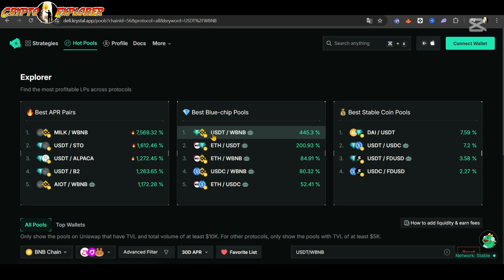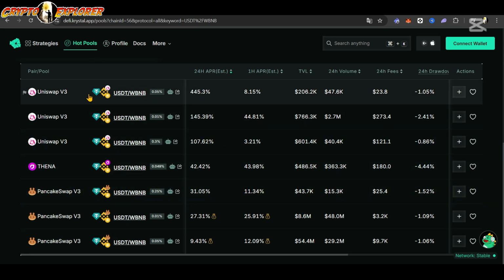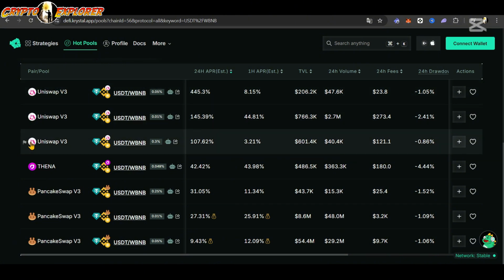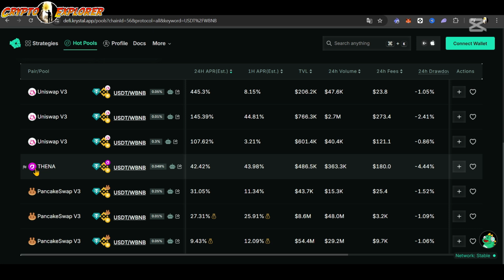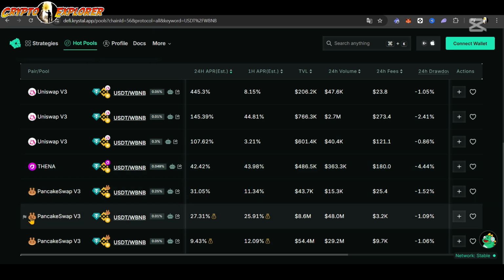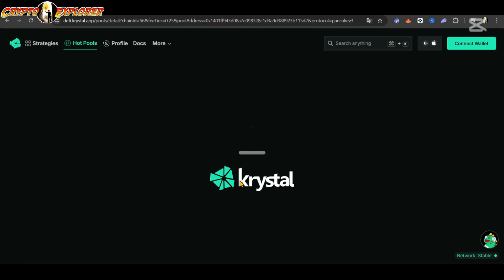So let's click it. Now it's showing us all of the pools that have this specific pair, USDT and wrapped BNB, right? We can find this pool in different dexes. These 3 are on Uniswap, Thena, also a leading dex on BNB chain, and now we have the more popular ones on PancakeSwap. You can deploy your liquidity in a given pool, so you can come and click here, for example,